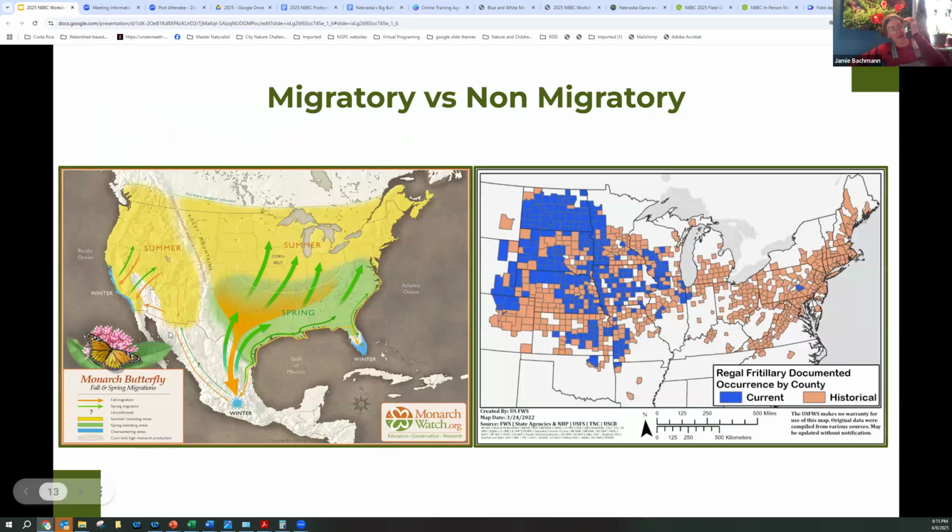So we have some migratory and non-migratory butterfly species here in Nebraska. The poster child for migratory species is monarchs. Of course, I said that like lame-o monarchs. That's not true. It was not meant in the tone of my voice.